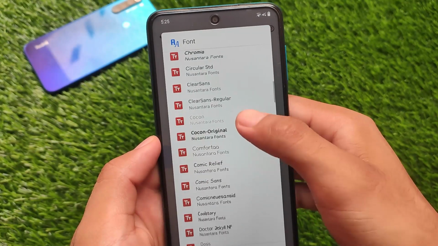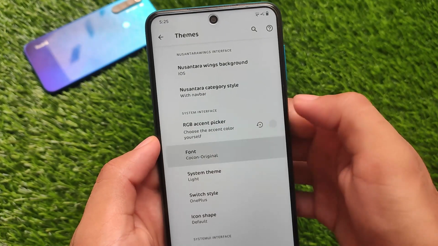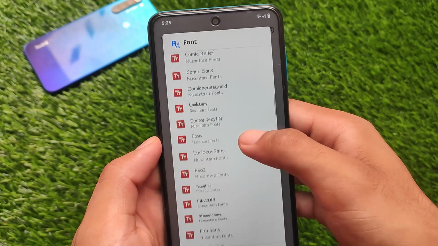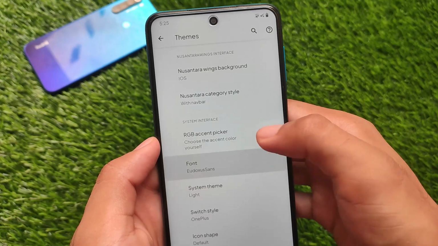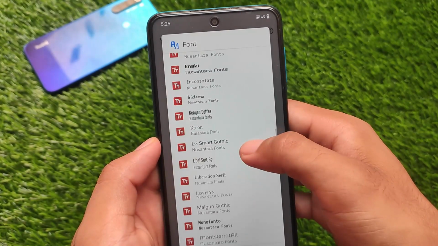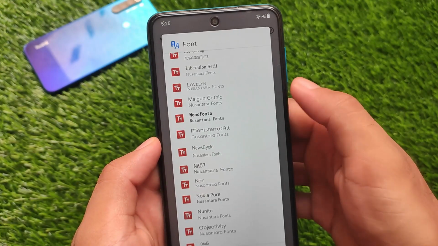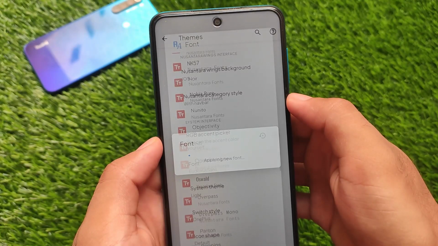These are interesting ones because they will apply everywhere. These are not the normal fonts which, whenever you apply them, will not apply in third-party apps. These fonts will be applied in third-party apps and everywhere, browser, anywhere. And this is a new theming engine, so finally they've improved something. This is what I liked a lot about all these changes. This is one of those changes which I liked a lot. Everything else I've already shown you.